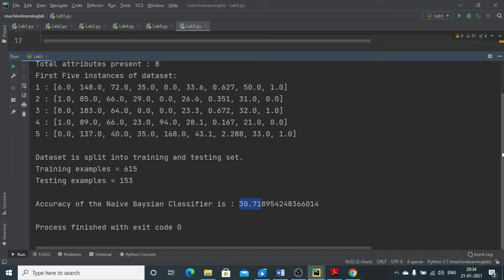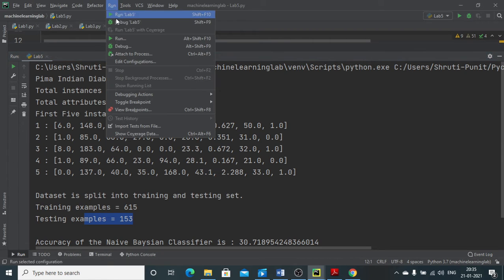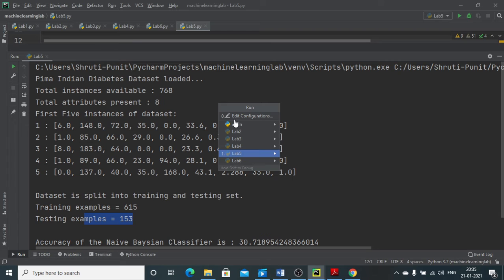It is based on the predictive analysis we are doing. Again, here the training example set and the test example set are set. It is going to be fixed, I think. So let us rerun the code and check that.